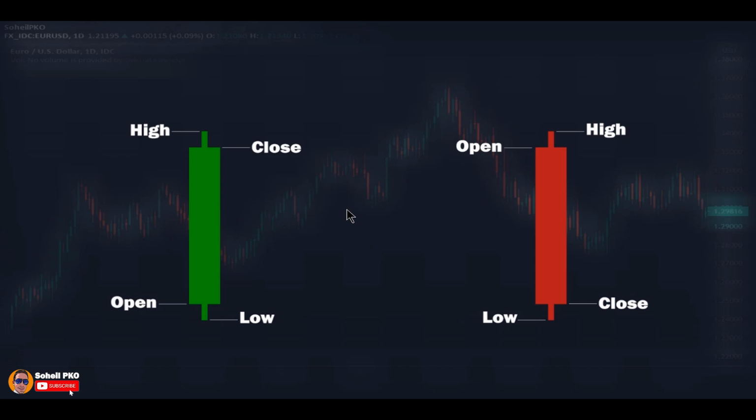So in each candle, as you can see, we have 4 pieces of information. Here it shows the opening price, here the closing price, considering the closing price is higher than the open price, here the highest price, and here the lowest price. The area you see here, the thick part of the candle, is called the body, or some call it the real body, and it's actually the range between opening price and closing price in that session. When the closing price is higher than the opening price in the session, the body is usually represented by green color. And when the closing price is lower than the opening price, it's usually represented by red color.